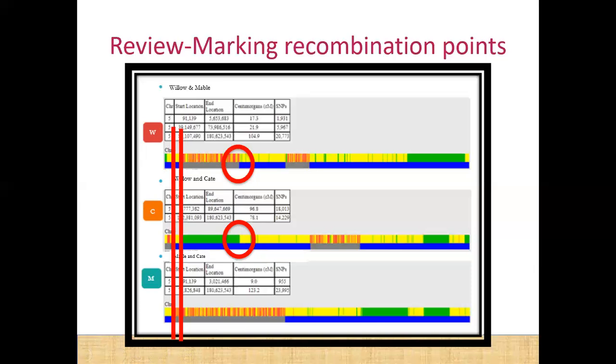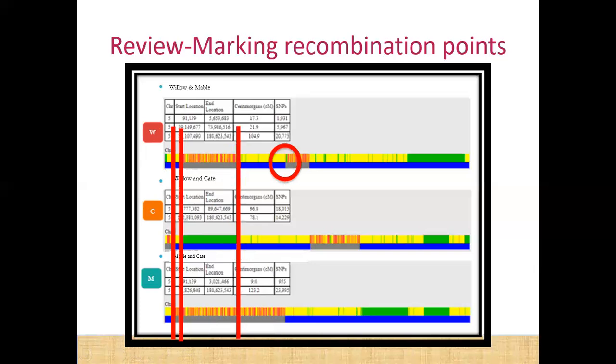where Willow and Kate inherited the exact same DNA from both parents in this segment of DNA, followed by only inheriting the same DNA on one of their chromosomes, so only the same DNA through one of their parents on this segment that's half identical, which is marked by yellow on the top, blue on the bottom. There's no third change where we see this gray and brown no match, so we can go ahead and insert